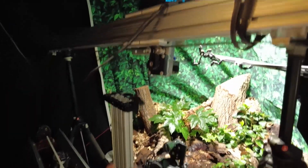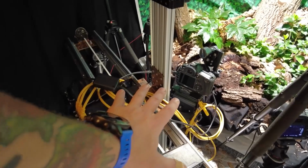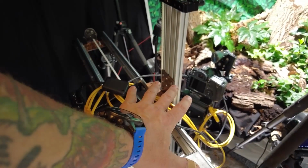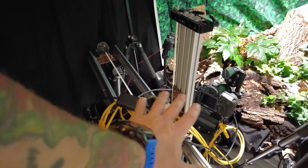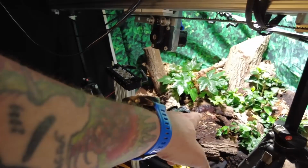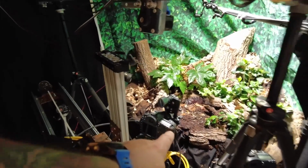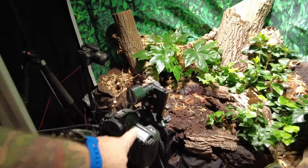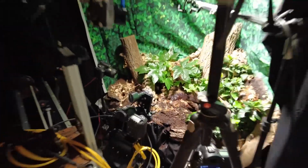Unfortunately, the Kessler rig will not do external intervalometer while I am doing multi-lapse. So I'm going to have to set this for 15 minutes, and we're just going to keep everything at 15 minutes, and hopefully that works out. In fact, I also want to double check, triple check, because I want to give myself at least 12 days of shooting here, and I want to go about 1,000 frames on each one of these. So I'm going to have to take a look at this. This says 1,000. I'm going to have to check quite a few things on here,